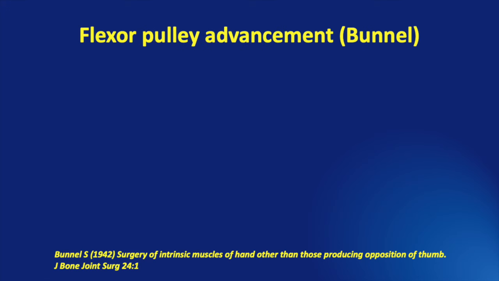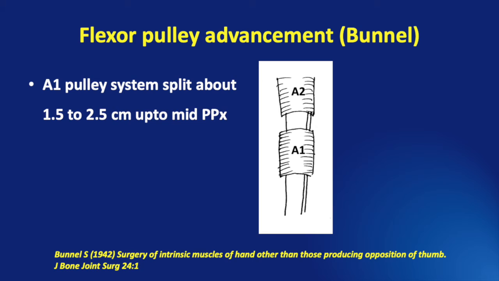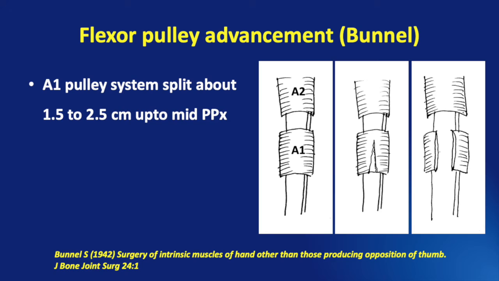The procedure was described by Bunnell way back in 1942. After making a transverse skin incision over the distal palmar crease proximal to the involved fingers, the A1 pulley system is identified and it is split for about 1.5 to 2.5 centimeters up to the level of the middle of the proximal phalanx. This can be a single incision or 2 parallel longitudinal incisions to even excise a small portion